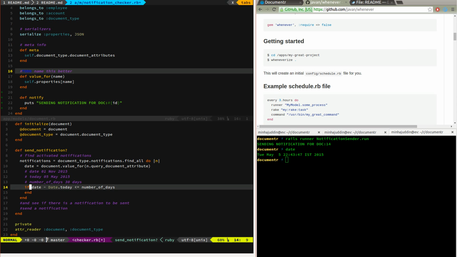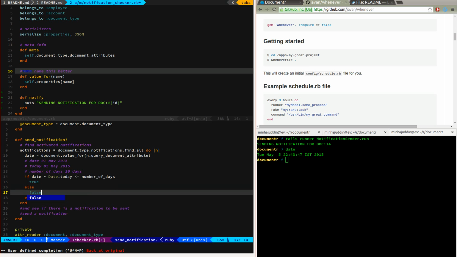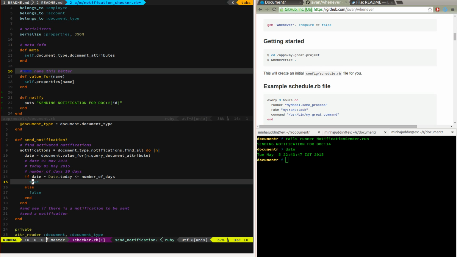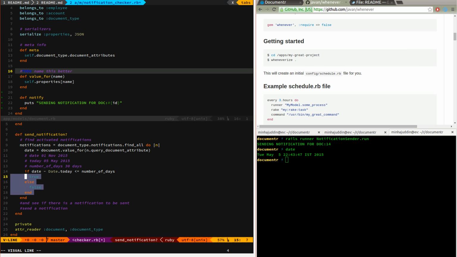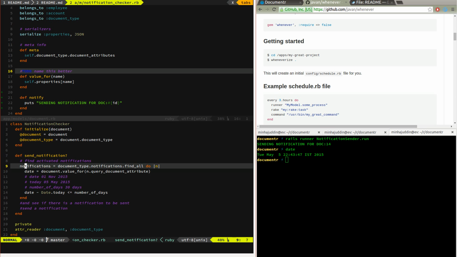So then we'll say this is true, else false, right? Well, instead of having this, we can just shorten this to date minus today is less than or equal to. So now what it's going to do is collect all the notifications where this is